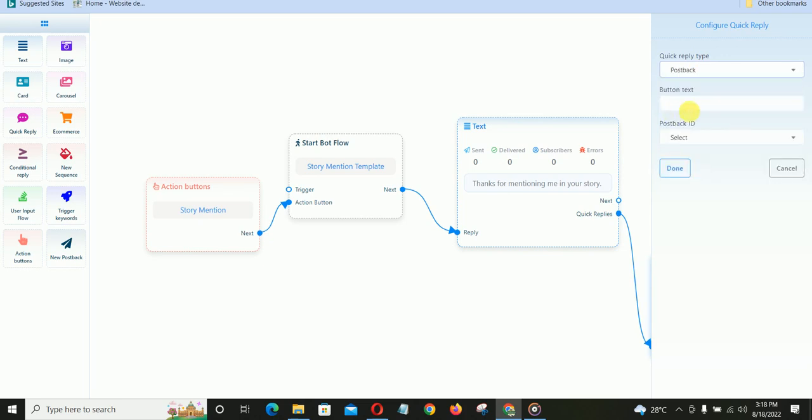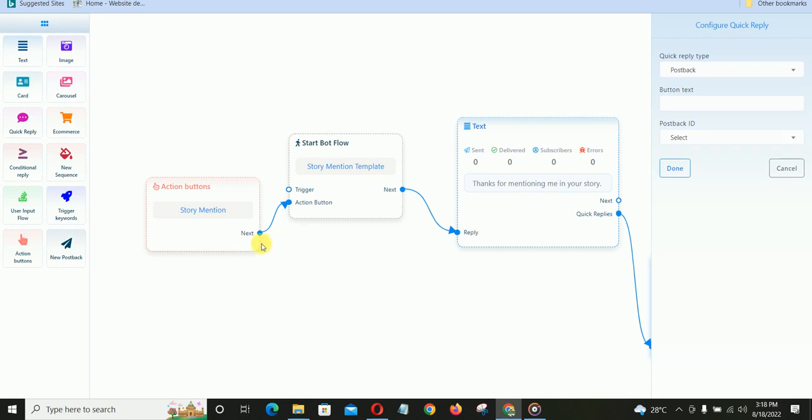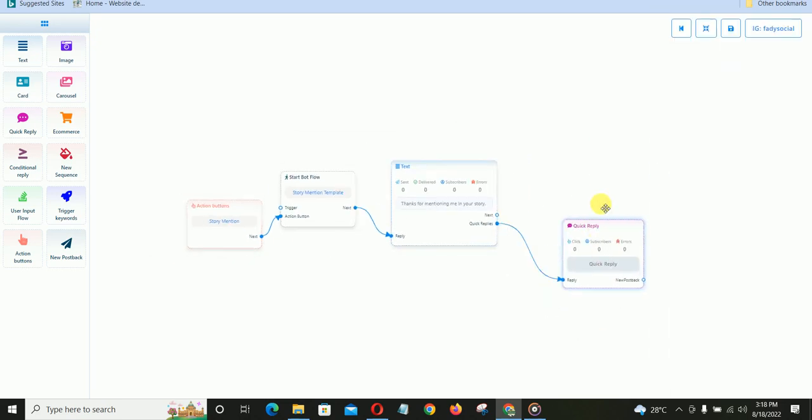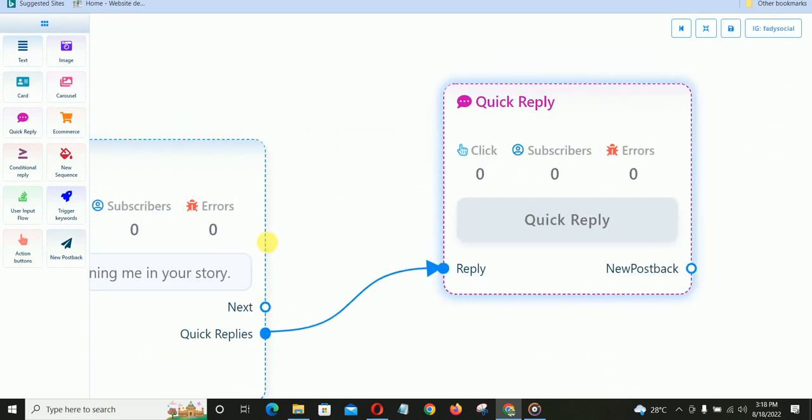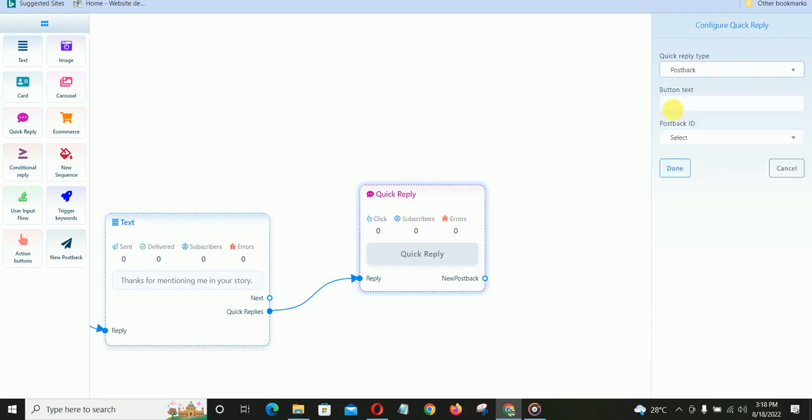This is a postback. You can select a postback. Now what does this postback mean? It means you have some flow before, that you have built in Loomsuite before. So you click like this, you select a postback, you now select the button